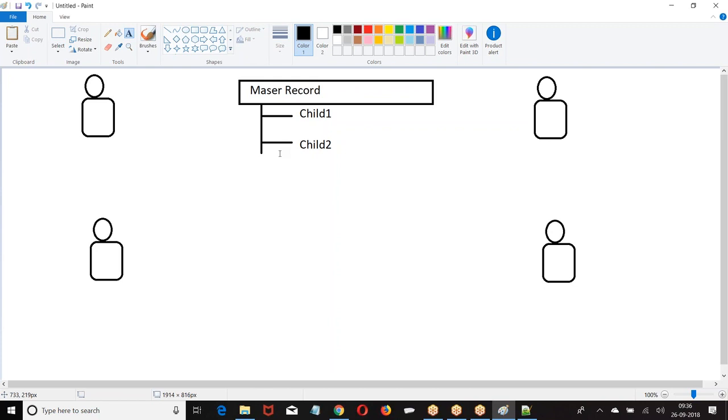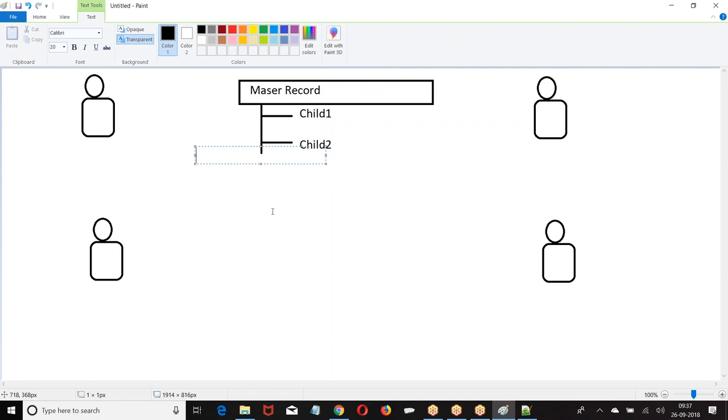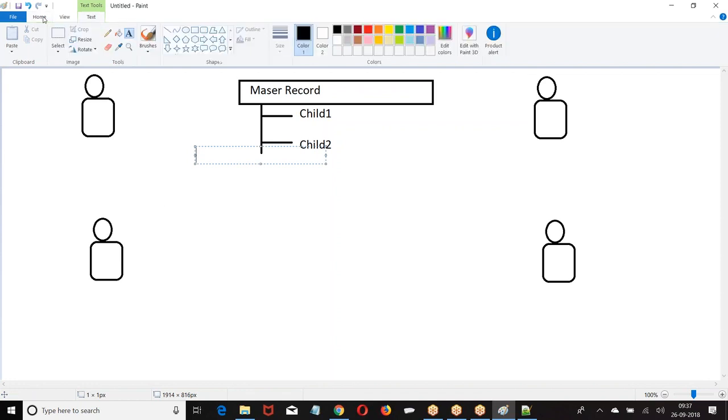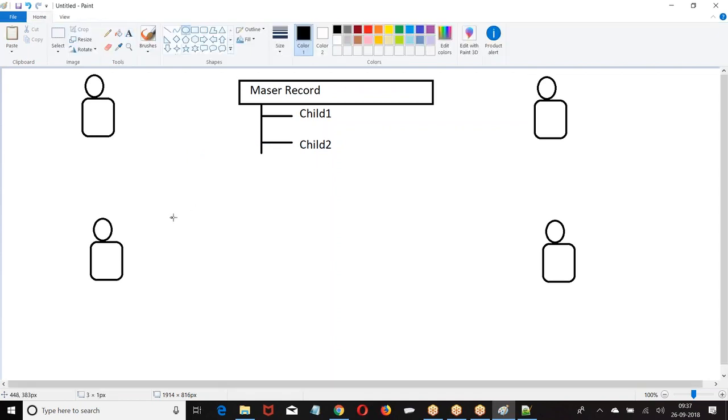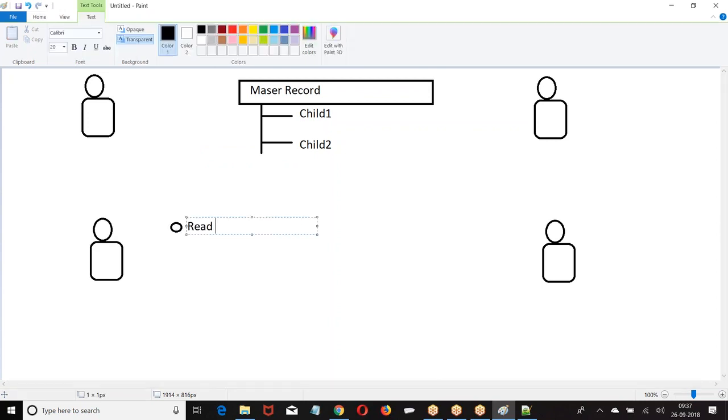Now look at the setting here. So we have read only. What was that read only? There are two options.